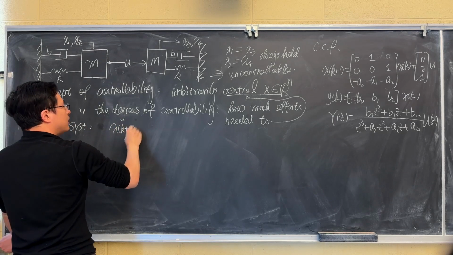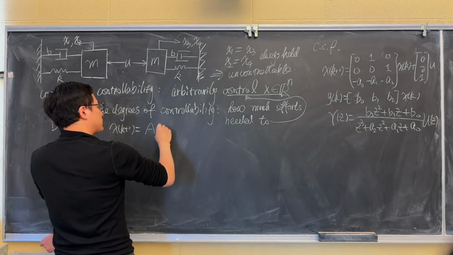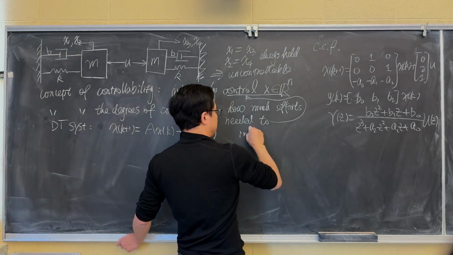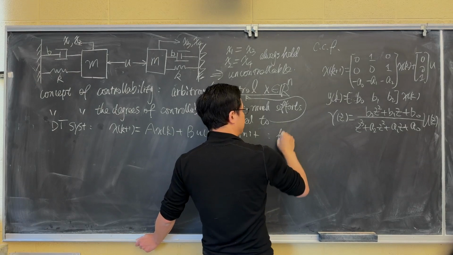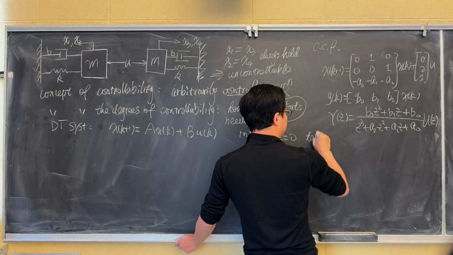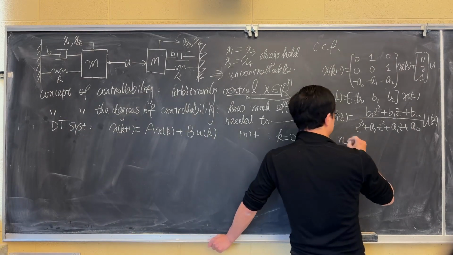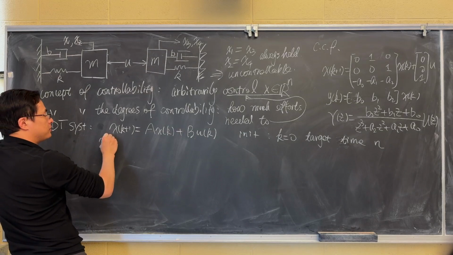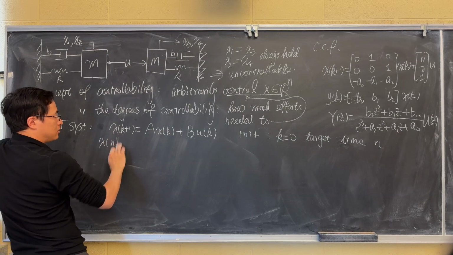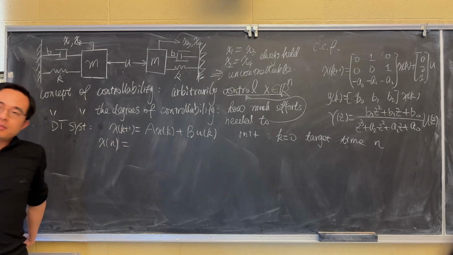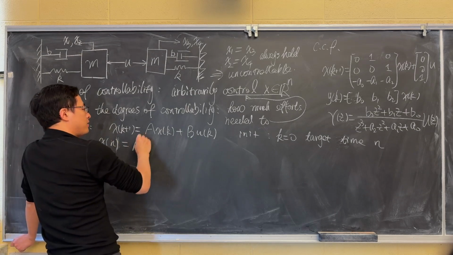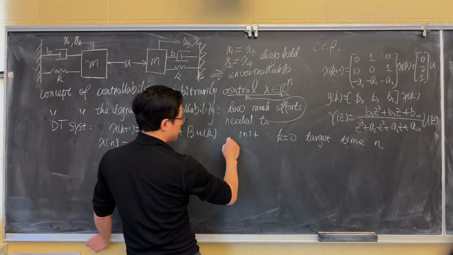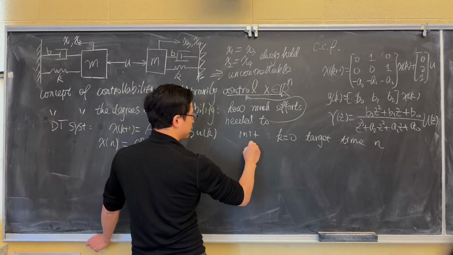For discrete time systems, let's work on the time invariant system case. Let's say initial time, and then target time. We know for discrete time systems, it has a solution xn. It depends on the initial state, A to the power of n times x0, and then the remaining is the properties of the input.